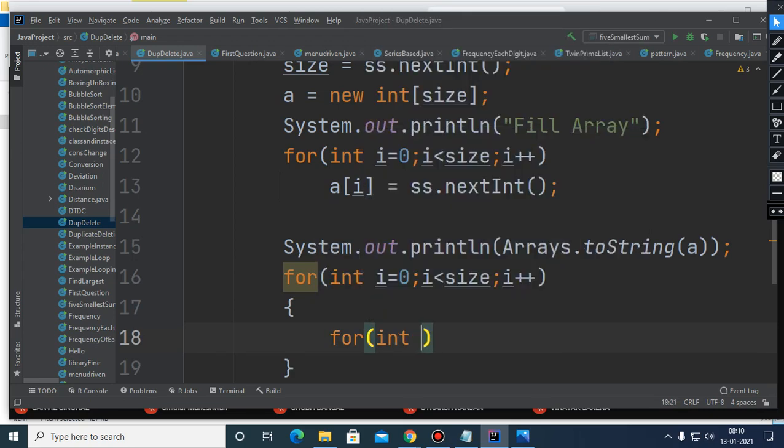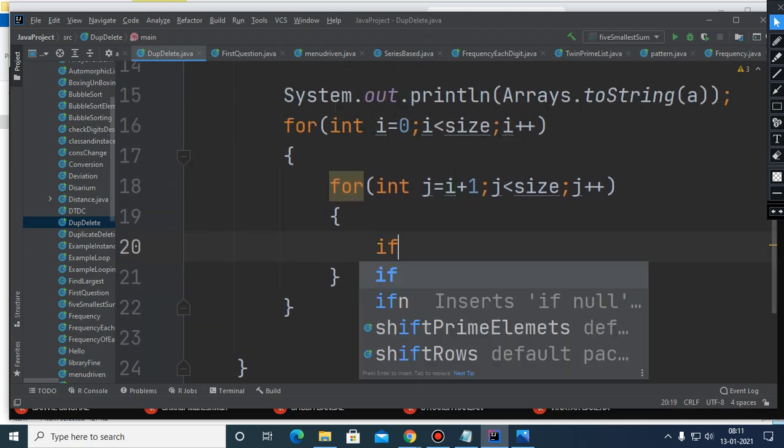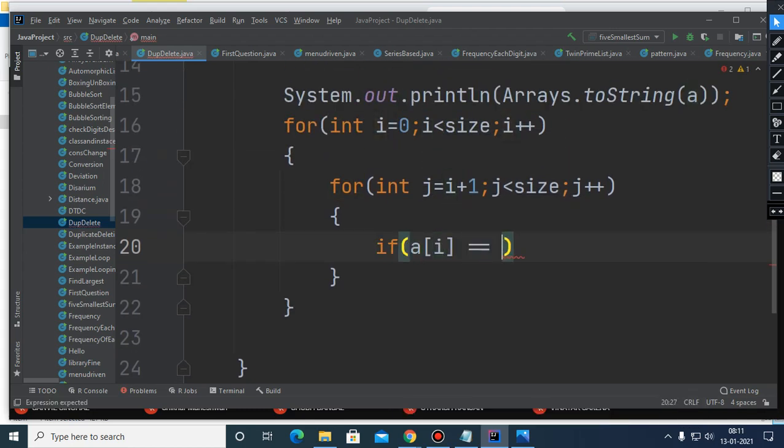So for the duplicates, you start the loop from i plus 1, because i will be the original one and i plus 1 will be representing the duplicate one if it matches. And here size and then j plus plus. After that, you have to see if a[i] matches with a[j].